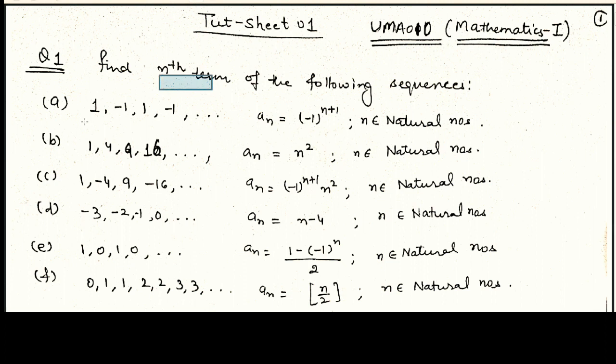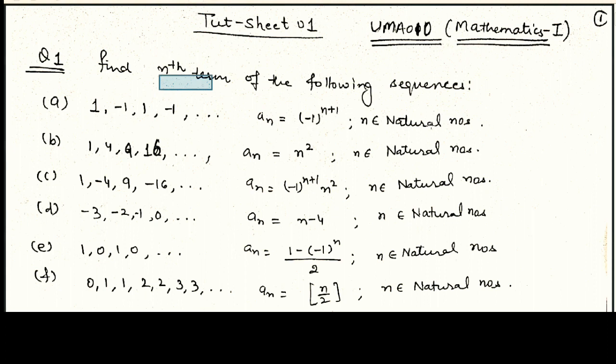So here it is a sequence 1, minus 1, 1, minus 1 and so on. So what is the nth term of this sequence? We know that the nth term is the formula by which we can generate the whole sequence by substituting n to be 1, 2, 3 and so on. After looking at the terms of this sequence, we can find out its nth term. Since its first term is 1, second term is minus 1, third term is 1, fourth term is minus 1, therefore the nth term of the sequence will be minus 1 to the power n plus 1,